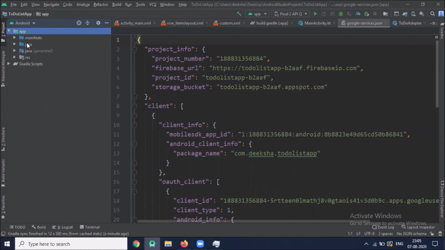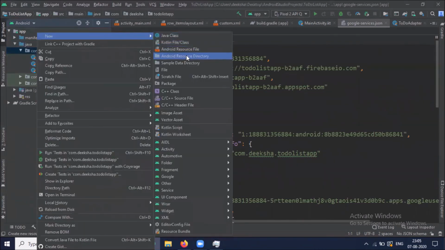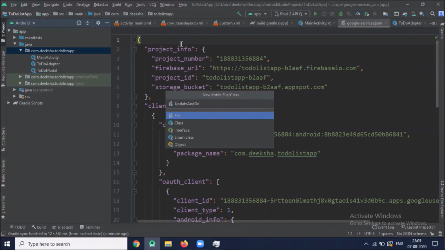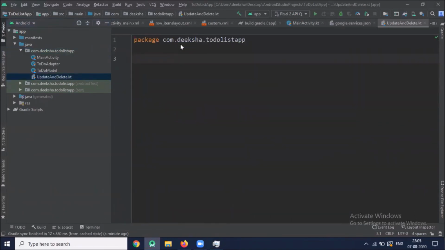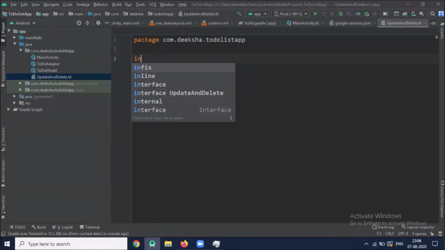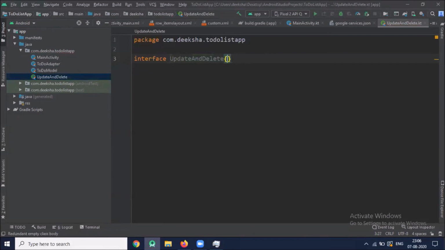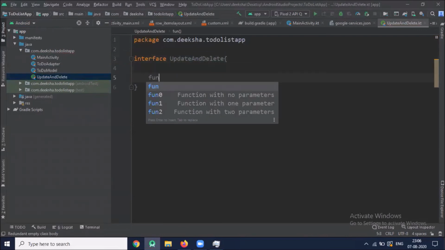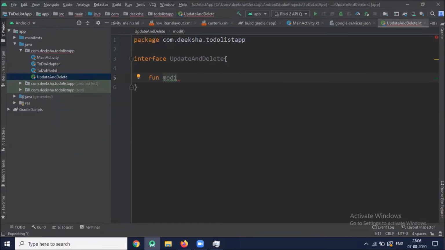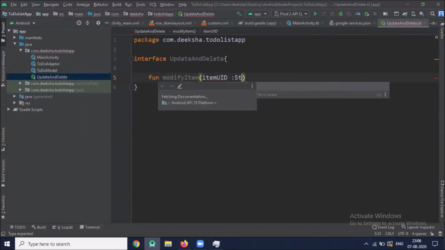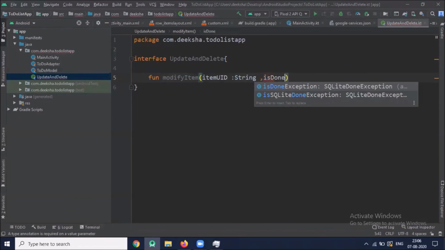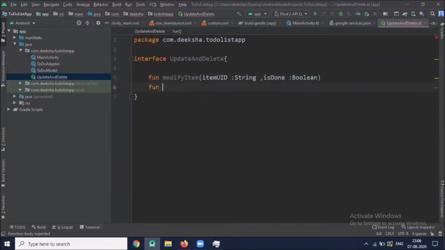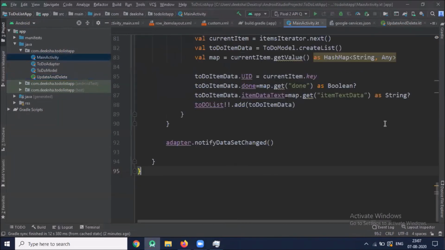So for that we create one interface. Here we create two methods, one for update and one for delete. Now click on main activity.